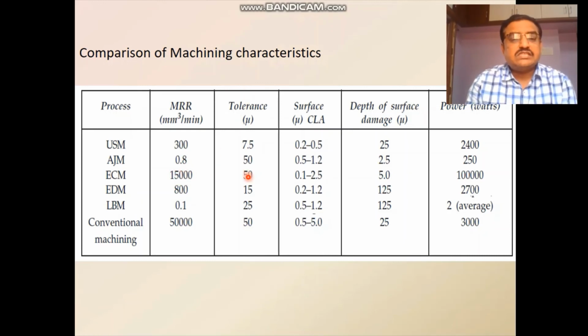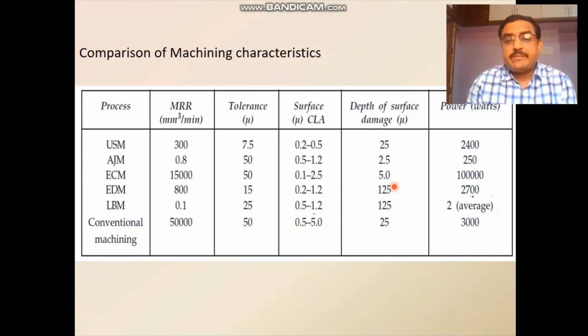As far as tolerance and surface finish are concerned, this is the geometric tolerance. Up to 50 micron can be achieved with the conventional machining process, and in non-conventional processes, less than that. The dimensional tolerance between mating parts is in microns. Surface finish up to 5 micron can be achieved in conventional, whereas in these advanced machining processes, 0.2 to 0.5 or 1 micron surface finish can be achieved. So a better surface finish is achieved by these processes than conventional processes.